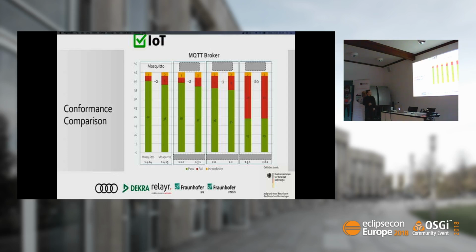So if you see, there are huge differences sometimes, and we have tested even more, where just totally different outputs. And what you can see is, if you check between the different versions, there might also be breaking changes which just break the compliance to the specification. Because if a specification gets difficult, it might also be difficult to stay compliant within the life cycle of a broker, for example.